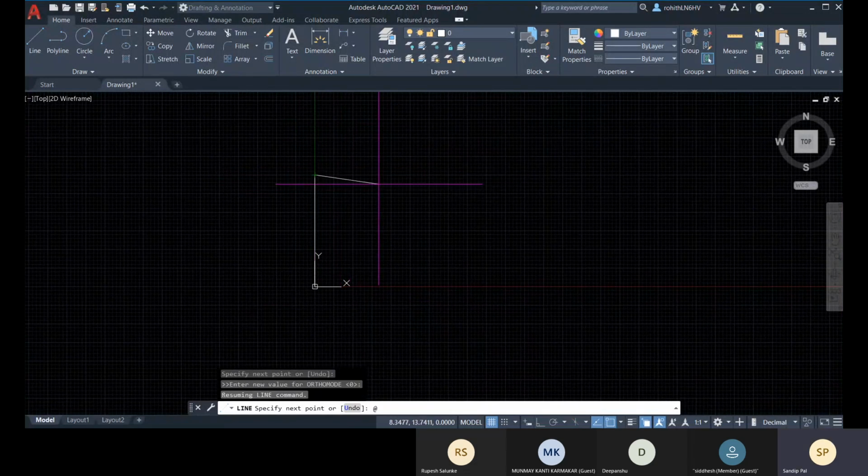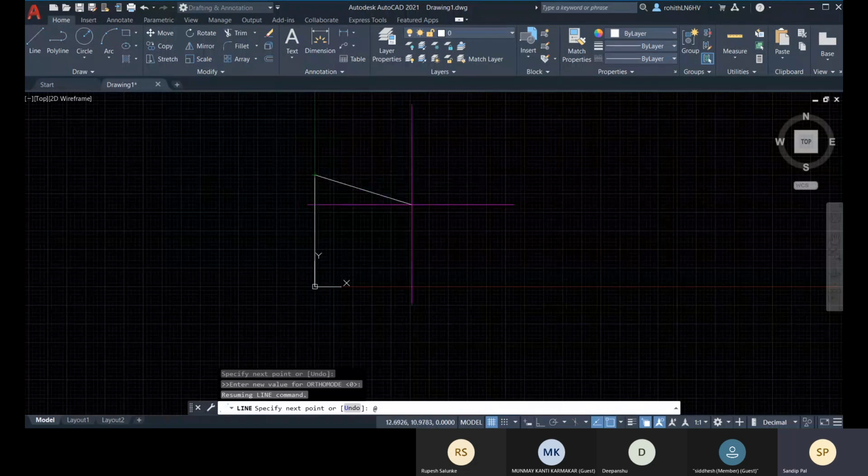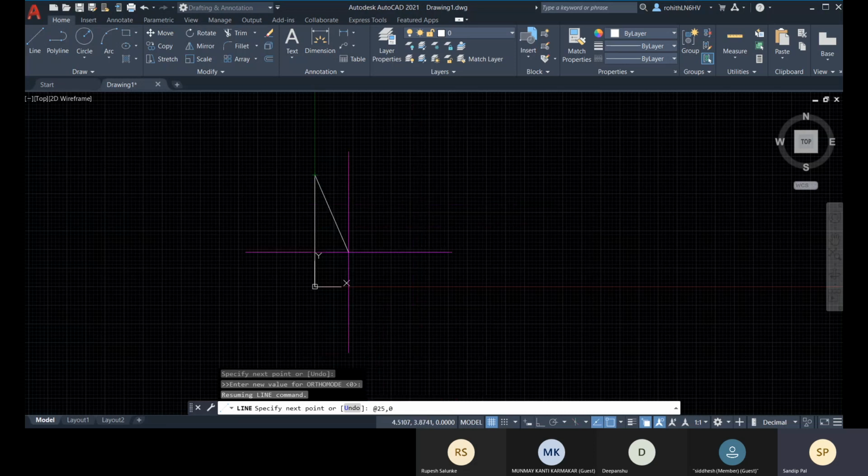Now, @. When you press @, AutoCAD understands that it has to calculate from the last point. Now let me go for 25,0. Why 0? From this point, there will be no y direction.